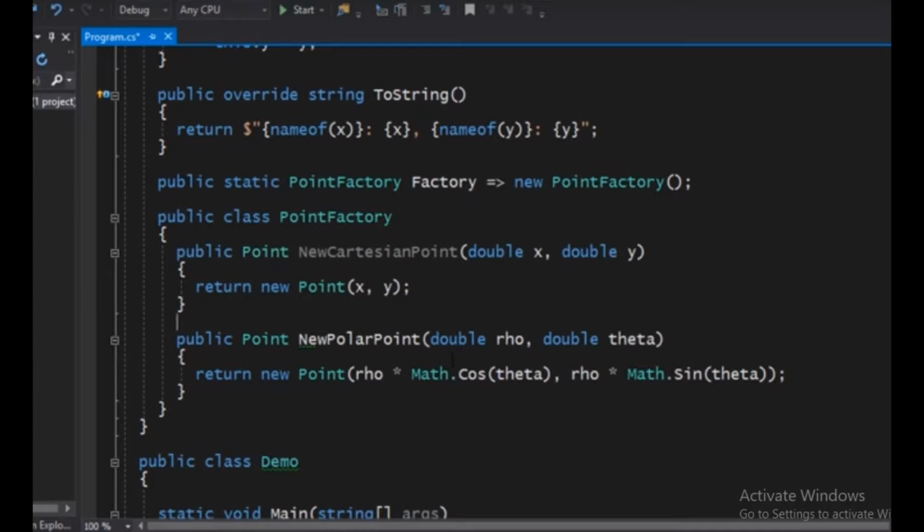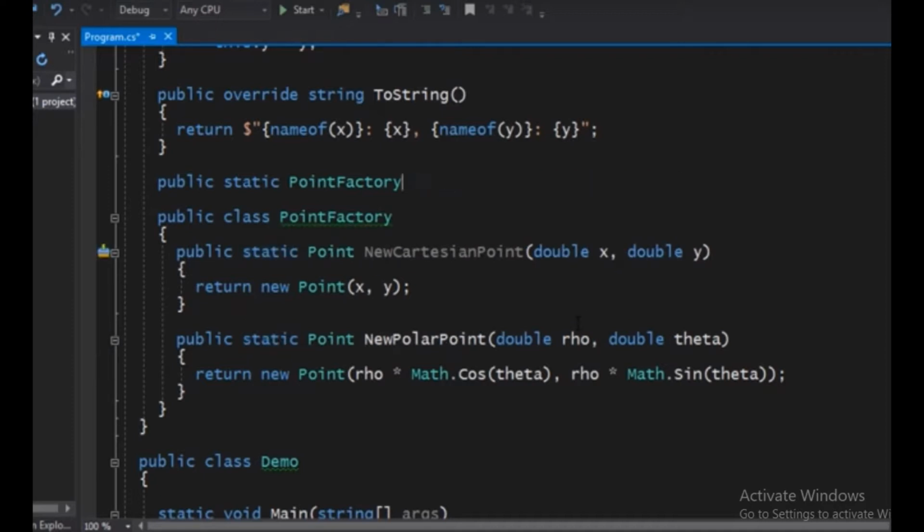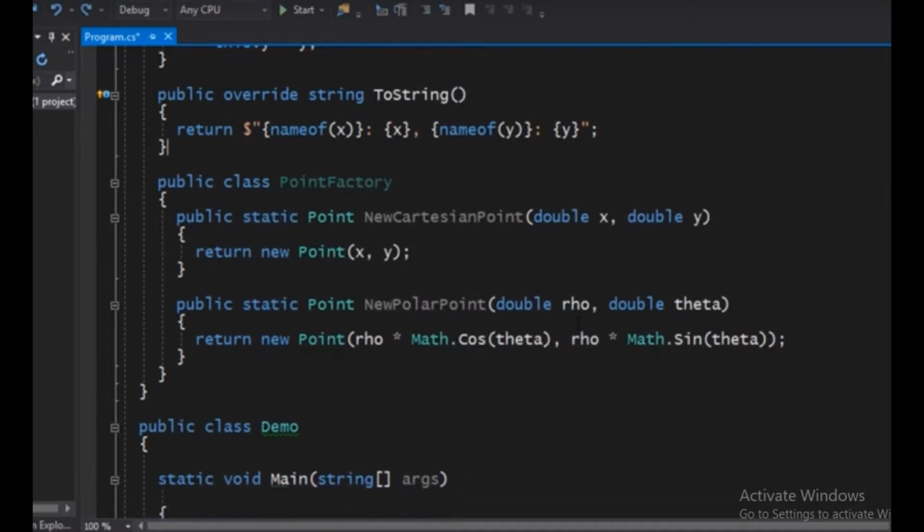keeping everything static. And it's completely okay to keep things static because, well, you're just constructing objects, so you're not mutating any state. If your point factory actually mutates state, which is kind of dubious design, to be honest, then yes, you would have to get rid of static everywhere. But the best approach is, of course, to just have static class with static members. That's probably the simplest. So public static class, you don't need the point here if you're exposing it directly, and then you call